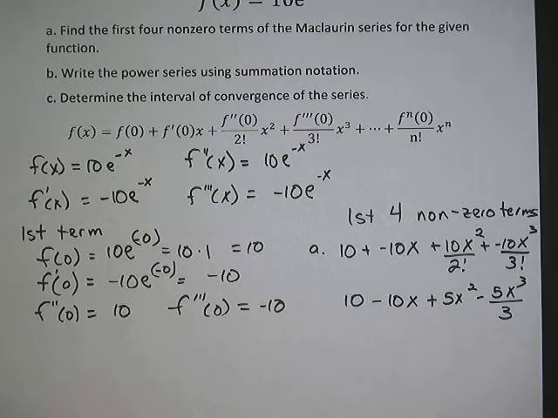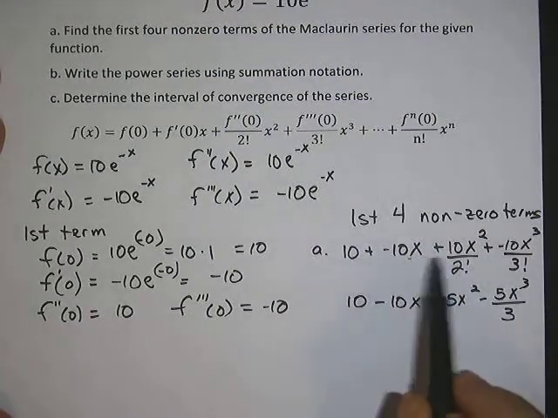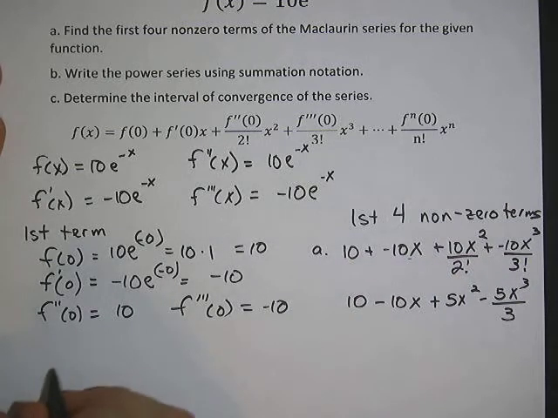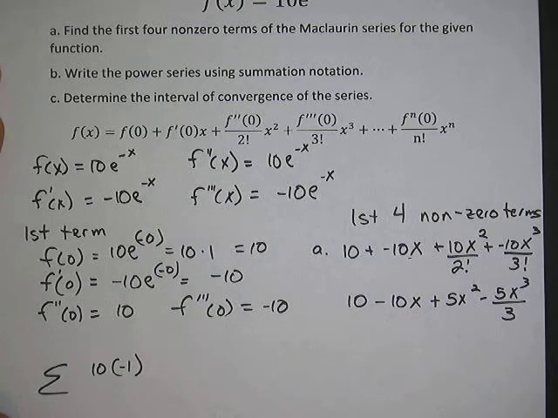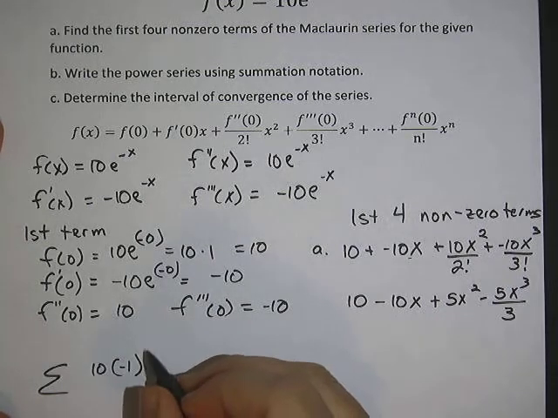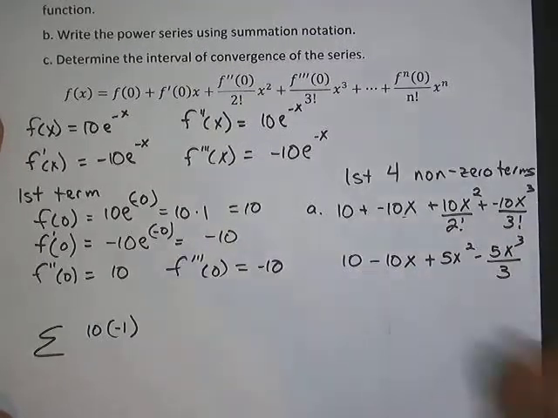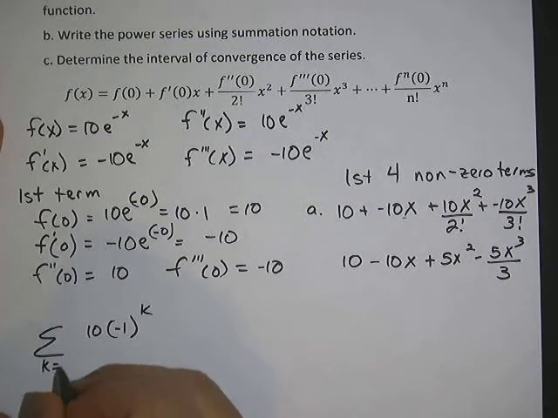In order to write the power series using summation notation, we have to see the pattern here. The 10 and the negative 10 are going to oscillate. We've talked about that. They go from 10 to -10. So we can write that by saying 10 times -1 to some power, because if you raise it to some power, it's going to make this go back and forth as the power gets bigger and bigger. It goes even, odd, positive, negative. So we'll say to the k power, assuming that we're going to start with k equals 0